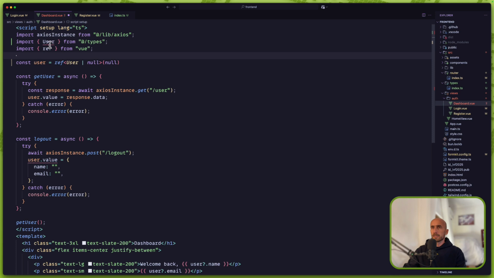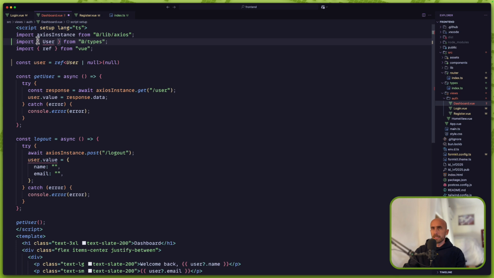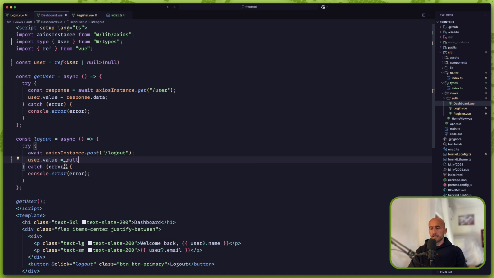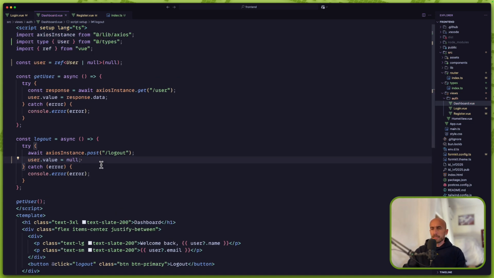Okay, so we imported that. So User is a type and must be imported by saying here type. I think we are okay here. Then we say user value response data. Also here, instead of something like this, we can say just null. And yeah, we are good. Save,